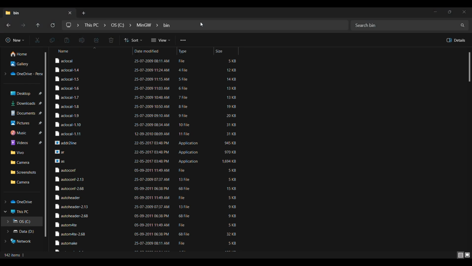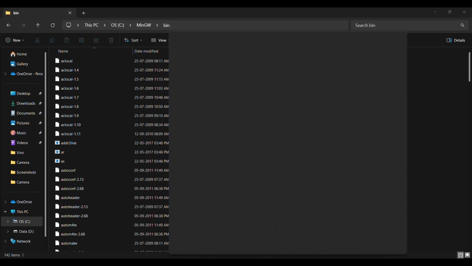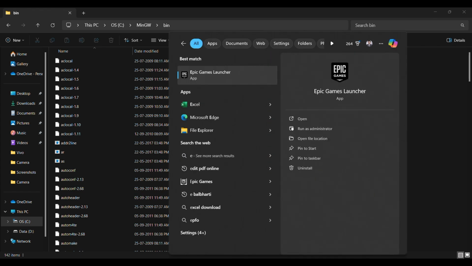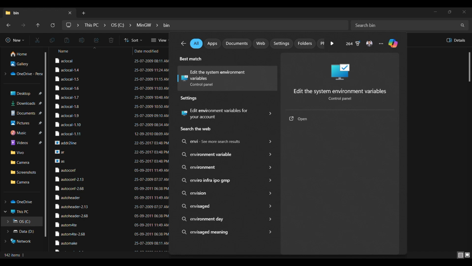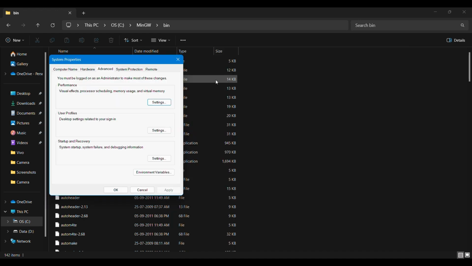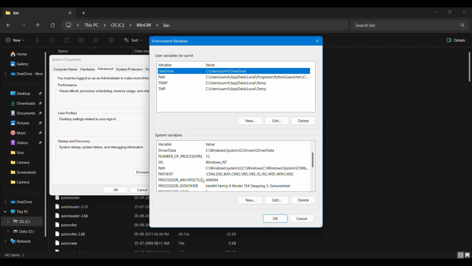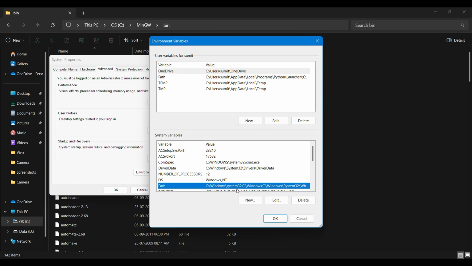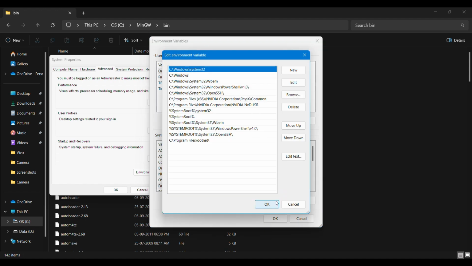So we'll copy this path and then search here for environment settings. As you can see here, we are getting Edit the system environment variables. So we'll open that setting, and after opening it, you will get environment variables here. Click on it, the environment variables, and then you have to select Path. Yes, we are getting it here under the system variables. So edit,